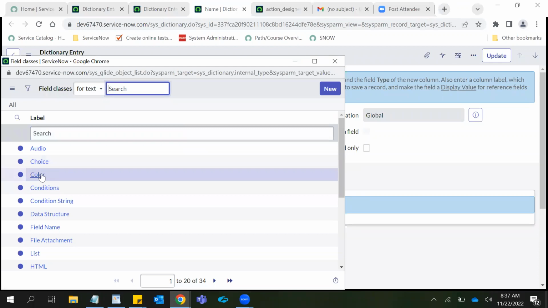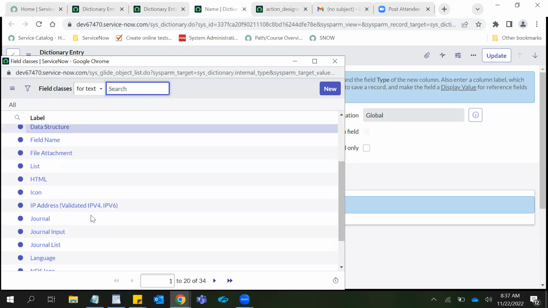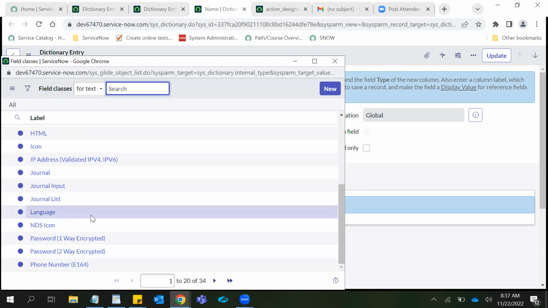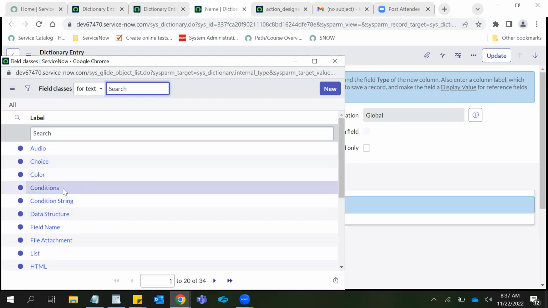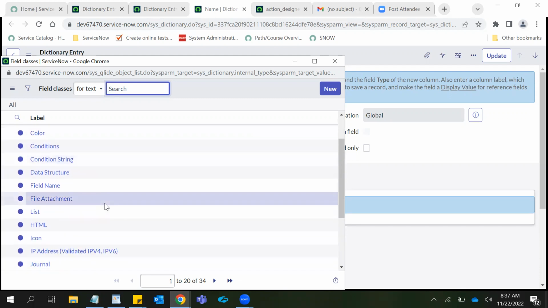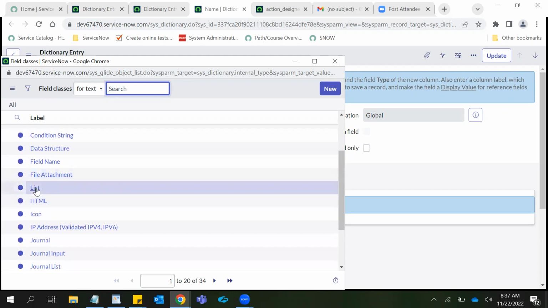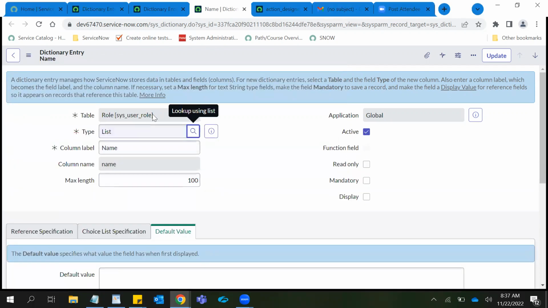And then we have a color field. So if you want to select any color, if that is the requirement of that field, then it will be a color field. And similarly conditions. So we have like 34 types of fields here. So basically we make use of the string field, the choice field, and then attachment type, and then list type. So list type means the,